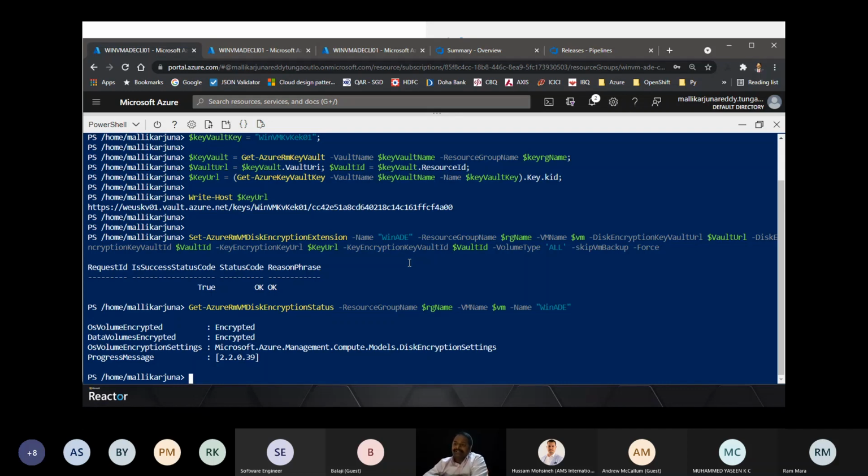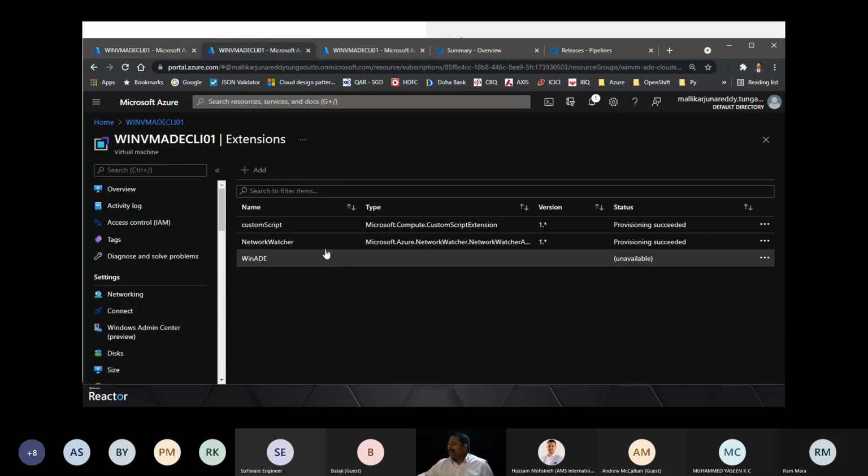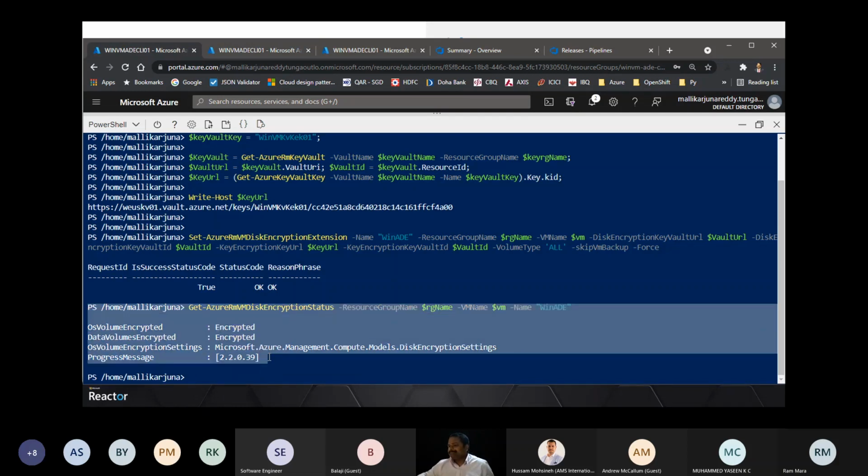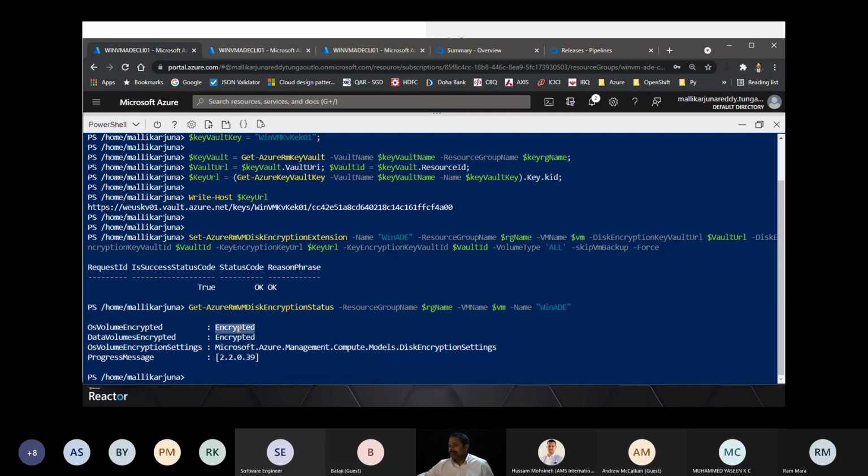It is saying OS volume is encrypted and data volume is also encrypted. Let's refresh this extensions page of the portal. I hope you have seen this. I've just drawn the status of the extension: OS volume encrypted and then data volume is also encrypted.